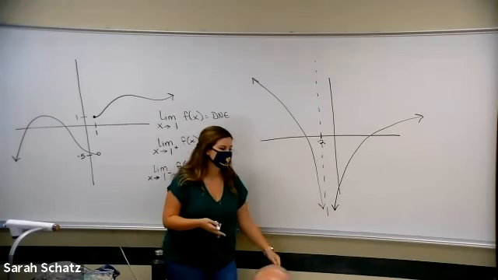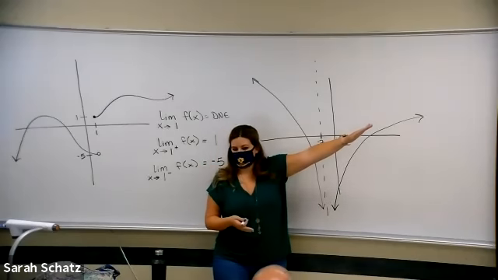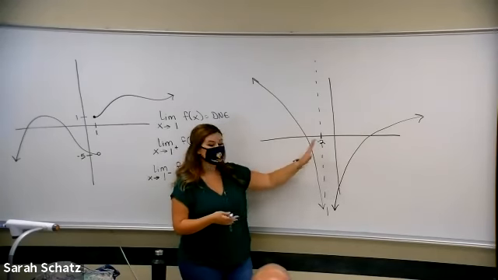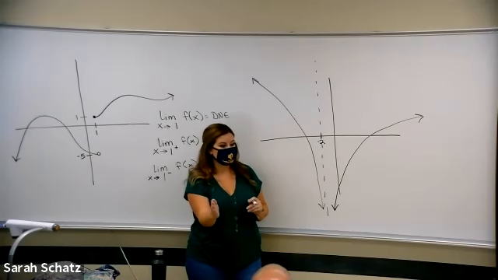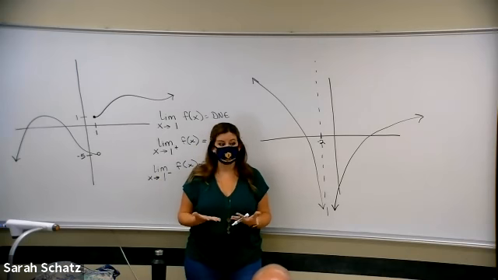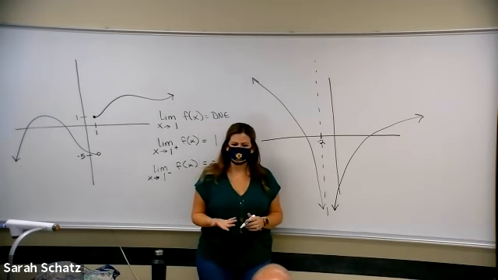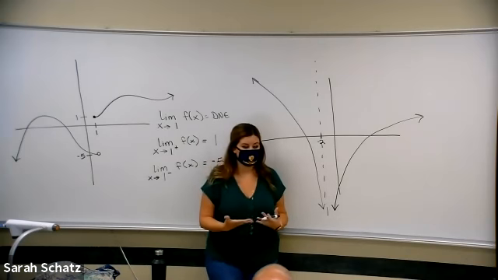This one's going down forever. This one's going down forever. And then the graph goes on from there. So this isn't just a hole now. This is like, you can't cross this line. The graph on this side and the graph on this side are never going to touch each other, which makes it hard for our limit, because remember, our limit's all about what it is approaching.